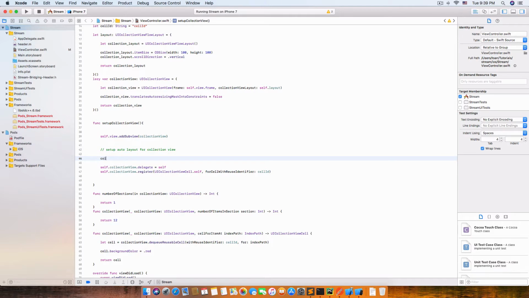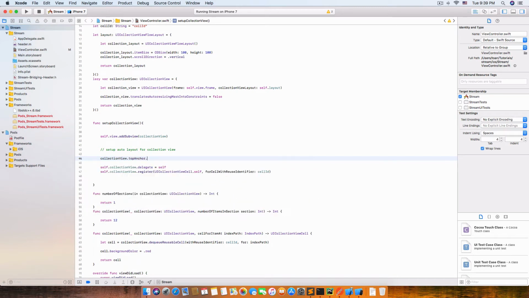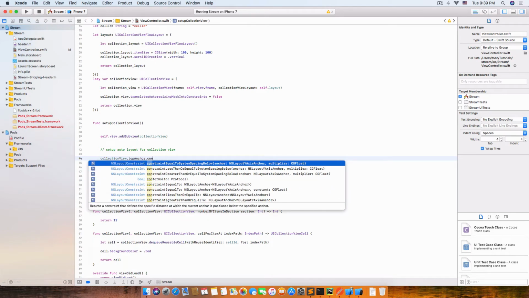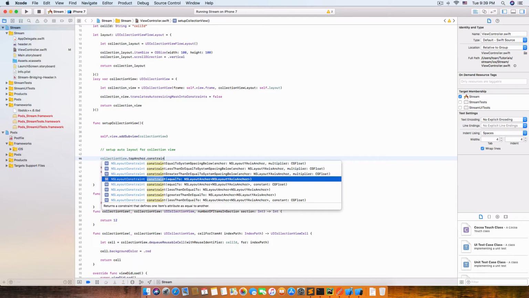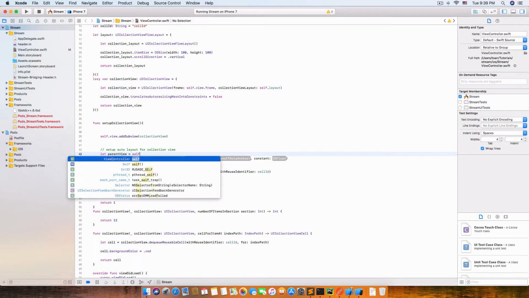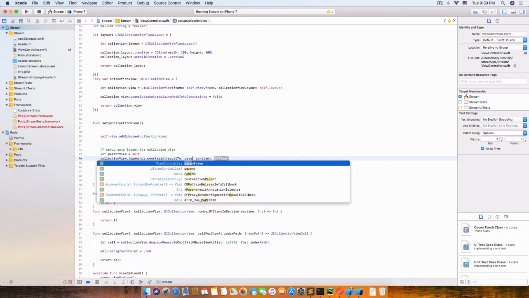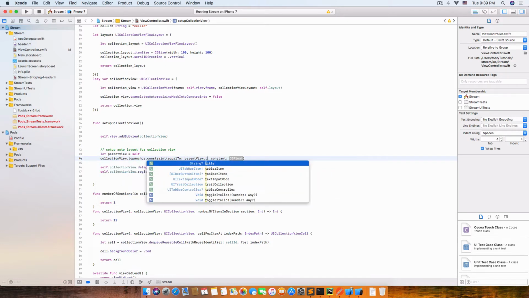Here collectionView dot topAnchor dot constraint equal, and so let parentView equal cell, and this means we are going to replace cell parentView dot topAnchor